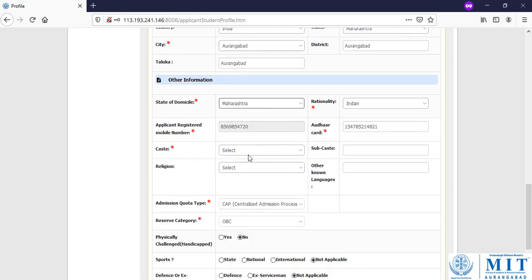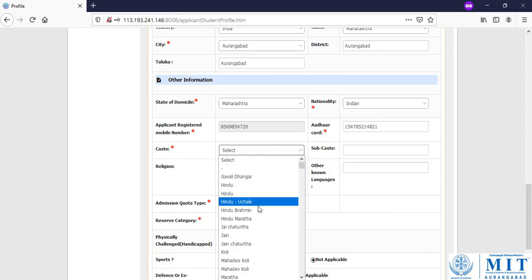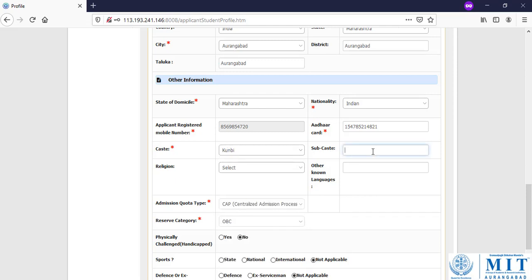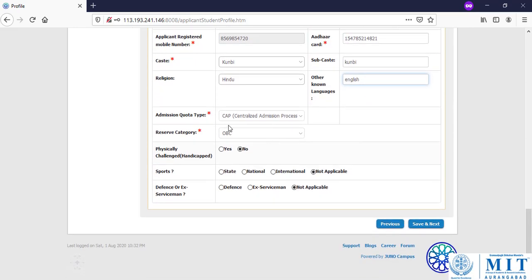Nationality Indian, okay. Caste, Kundi. Subcaste, Kundi. Religion, Hindu. Other known languages, let us say English.